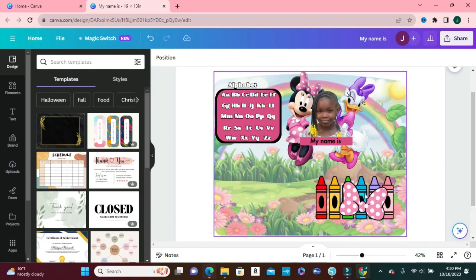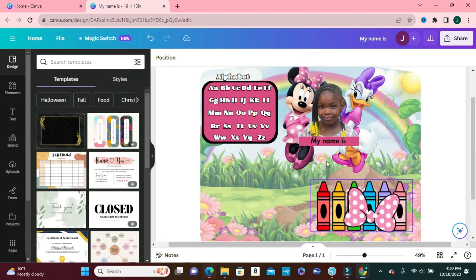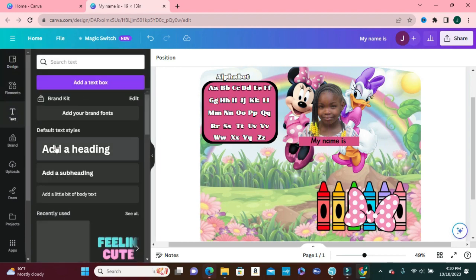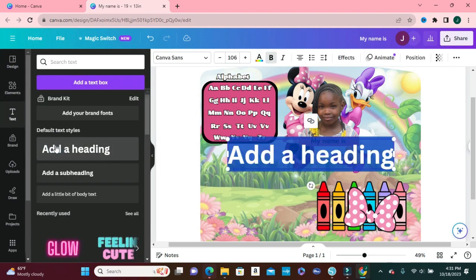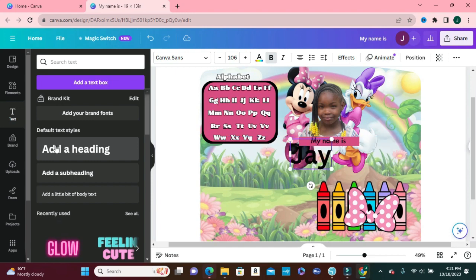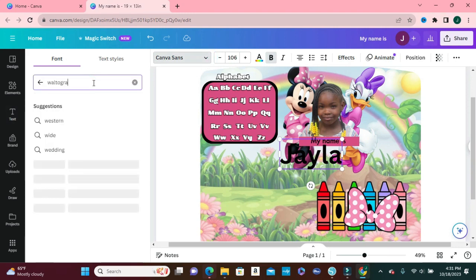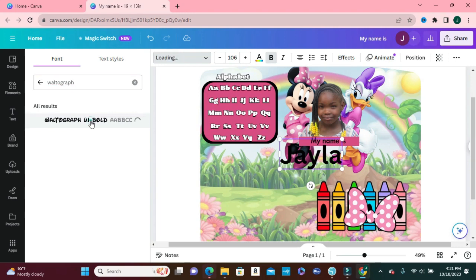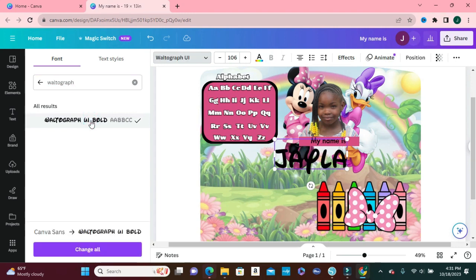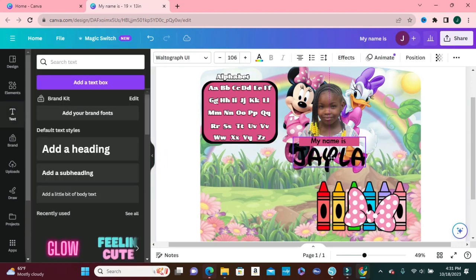So now that we have our alphabet here, I just realized that I forgot to put Jayla's name here. So I'm just going to add her name real quick. I'm going to head over to text, add a heading, and I'm going to put Jayla's name, Jayla. And for this font, I'm going to use Waltograph. And I got this font from, if I'm not mistaken, thefont.com. And I'm just going to place this right here,